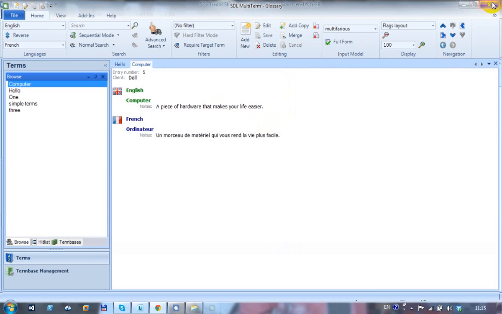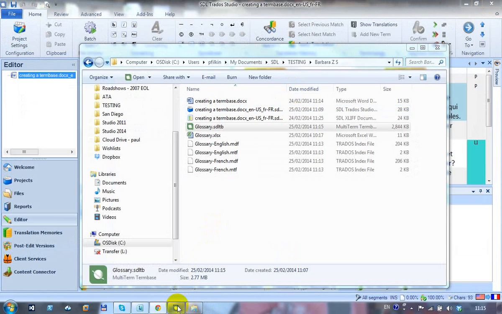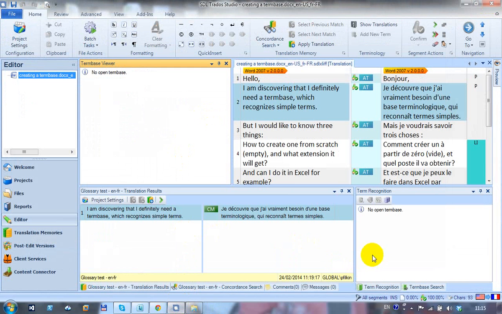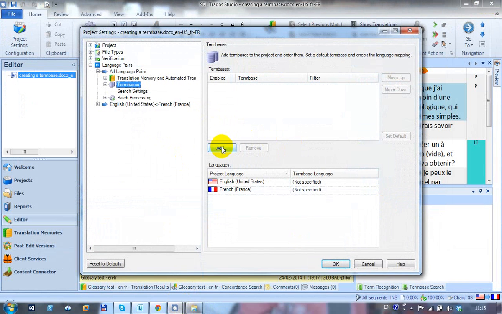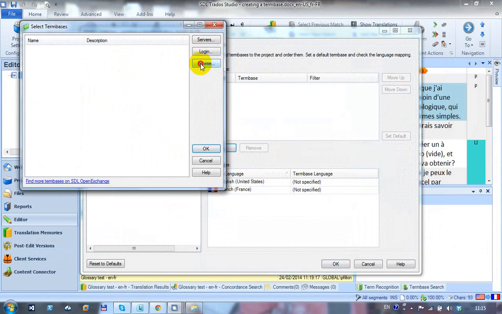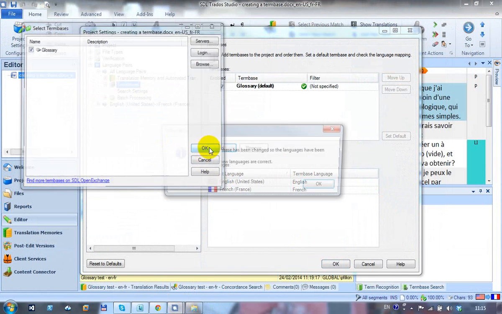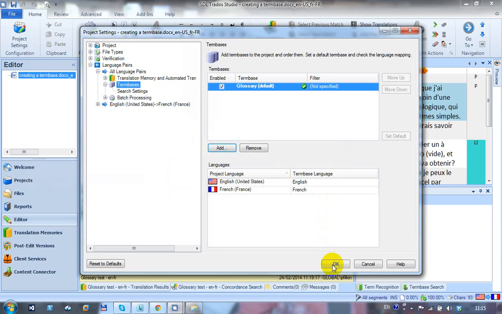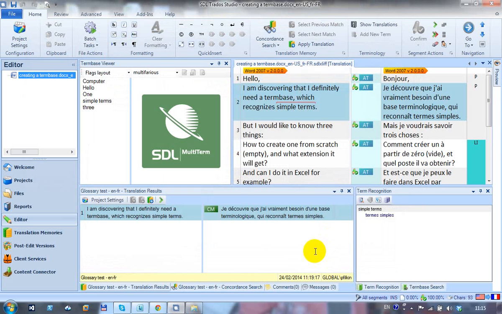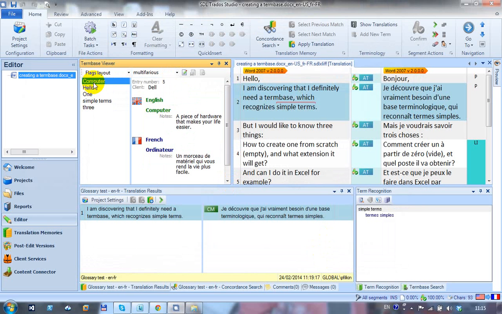And if I just close that now, and I then go back to Studio, and I come back to my term base settings, and I browse the glossary back in again. This is my corrected glossary. This time you can see the input model is also available. My new term is in there, computer, and because I've got the input model selected, multivarious,